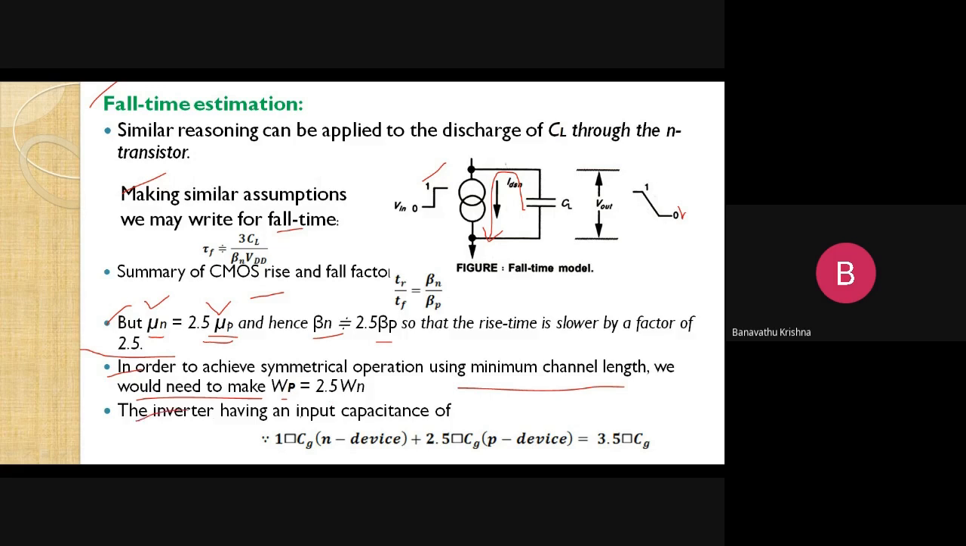And this inverter has an input capacitance: for the n channel it is 1 square Cg, and for the p channel it is 2.5 square Cg. So in total it is 3.5 square Cg, right? It is the time to take in for the input capacitance for this